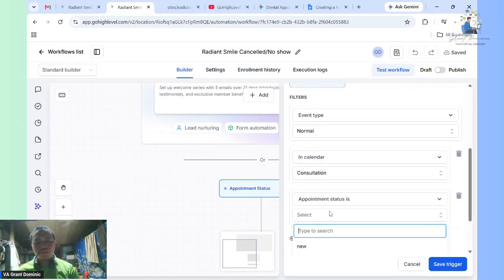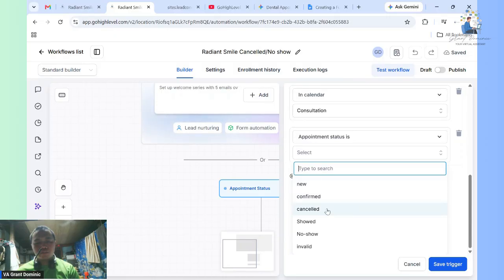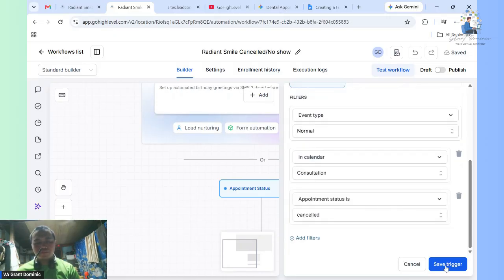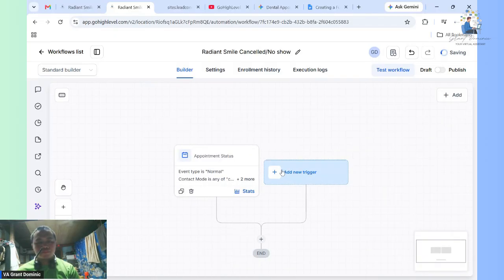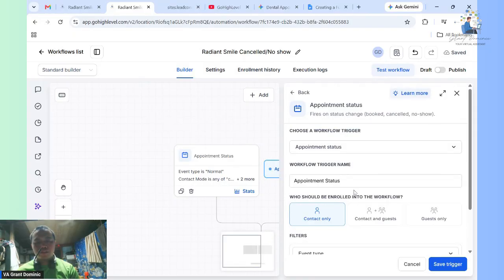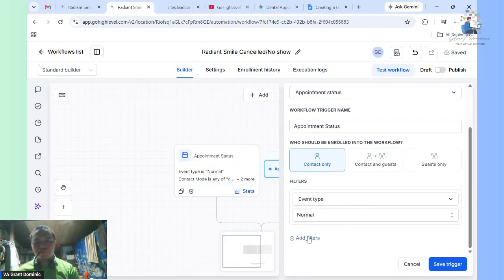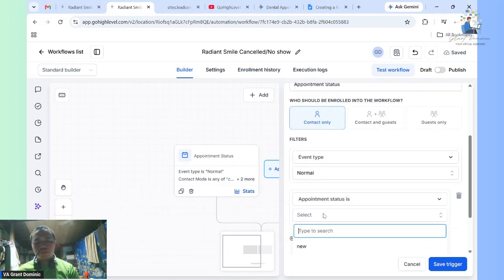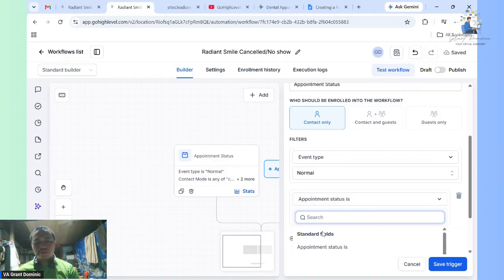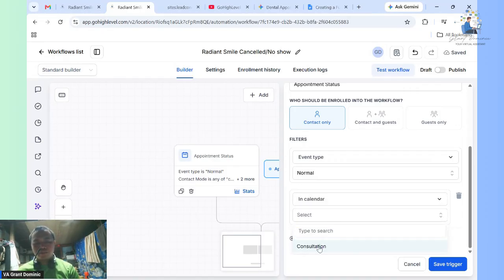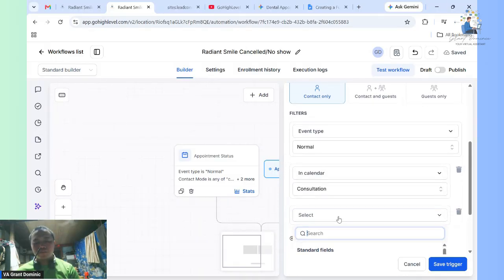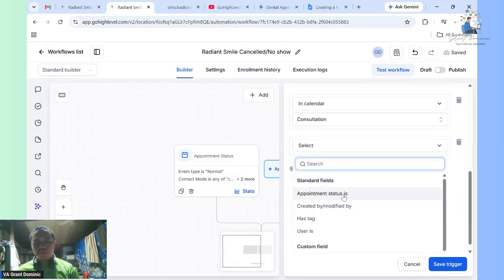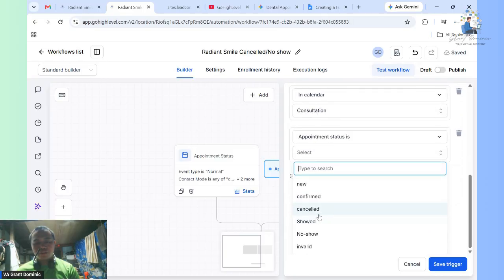So appointment status is canceled. So we'll add a new trigger, same appointment status, add filters. Appointment status is no. In calendar, consultation, add filters again. Appointment status is no show.